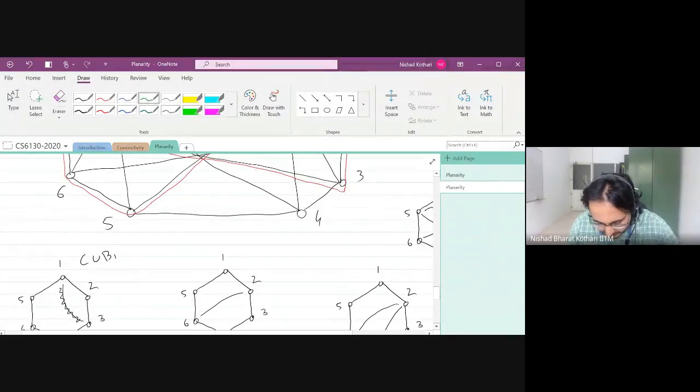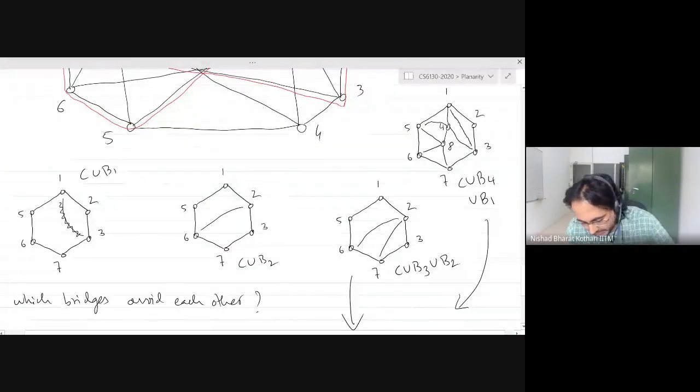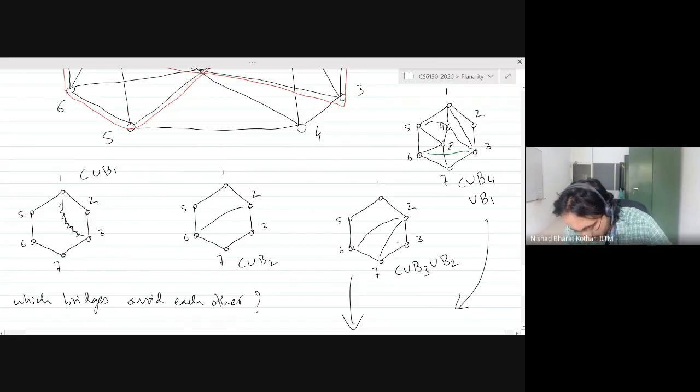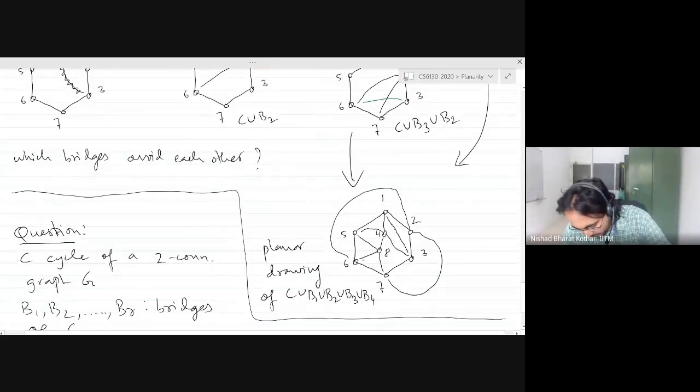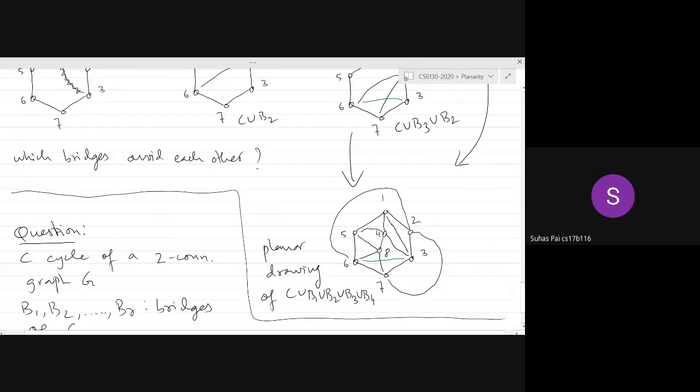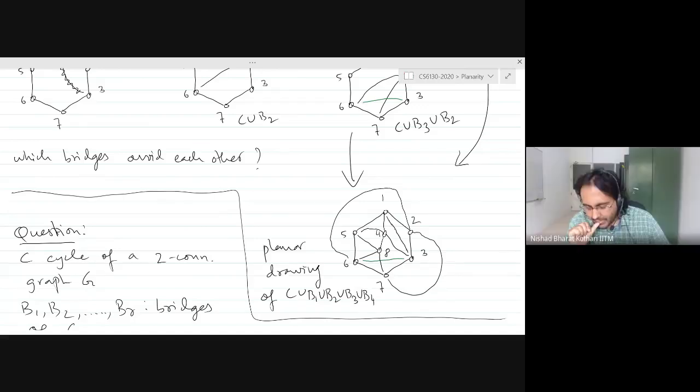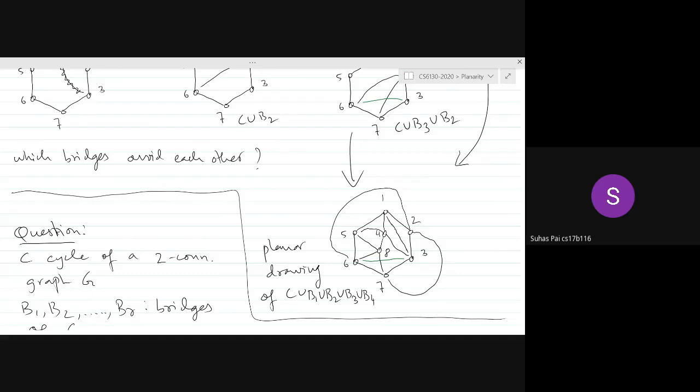So what you're saying is, if I put the edge between 3 and 6, let me put it in this drawing, and let me also put it in this drawing. You are saying that with this edge 3, 6, the graph is actually not planar. Is that right? Yeah. Why is this happening? It fails the condition, it goes across 2 segments, both inside and outside, however you put it.